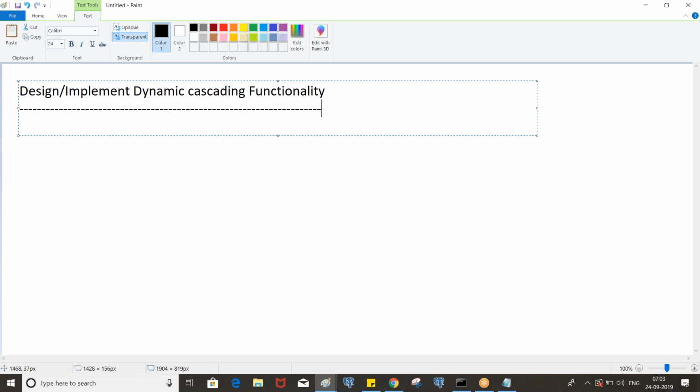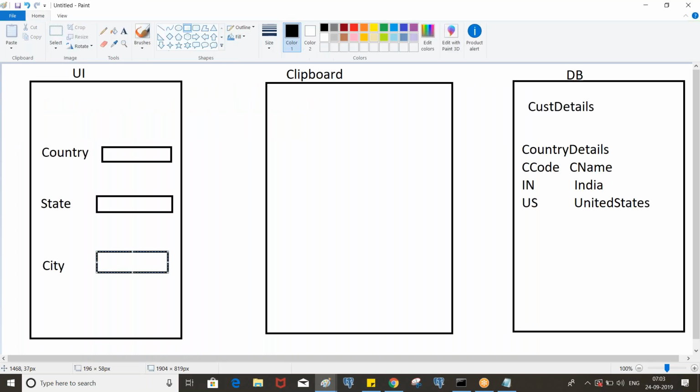We enter the data into those data classes, and those data classes will have dedicated tables created. So we are going to create the country details data class with the properties country code and country name, and we enter the data. Similarly, state details with the corresponding properties and the records.